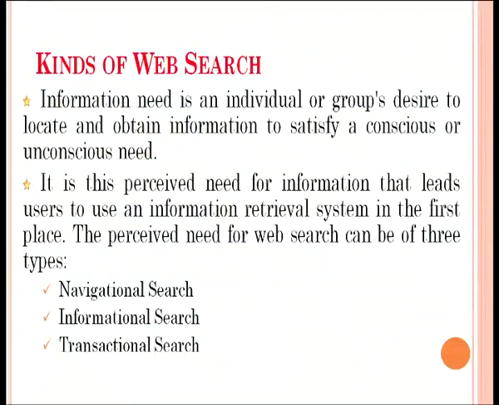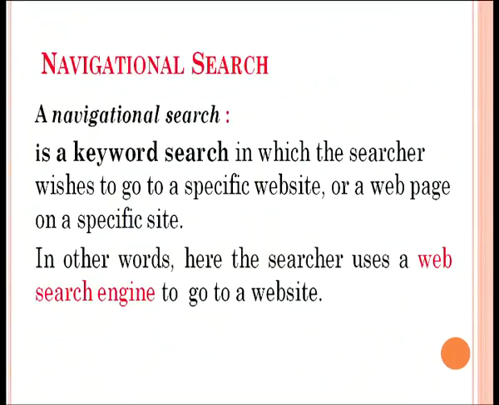What are the kinds of web search? An information need is an individual's or group's desire to locate and obtain information to satisfy a conscious or unconscious need of the users. It is the perceived need for information that leads users to use an information retrieval system in the first place. The perceived need of a web search can be of three types: navigational search, informational search and transactional search. Navigational search is a keyword search in which the searcher wishes to go to a specific website or